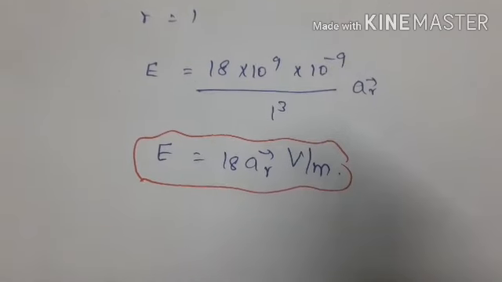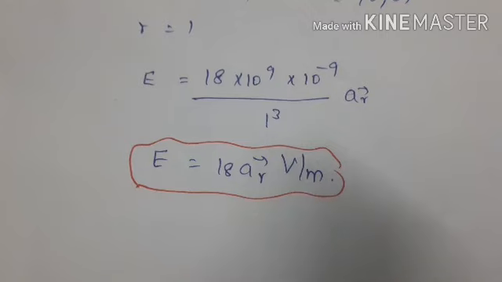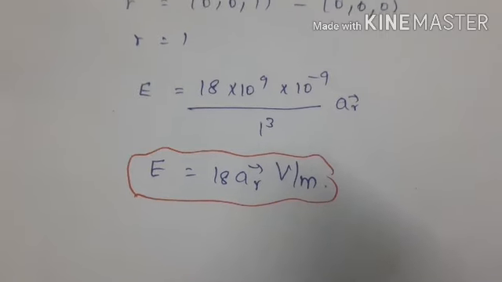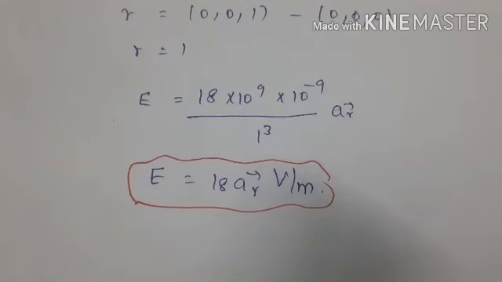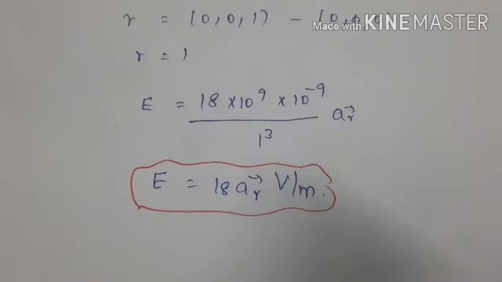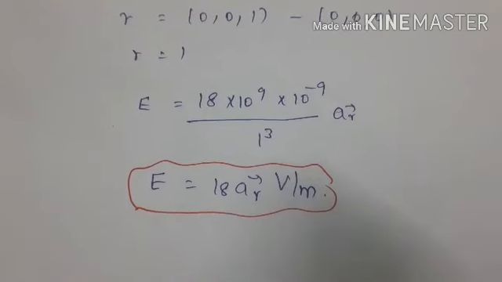So if the question asks for the electric field due to the dipole, you have to use this formula. On seeing the question you can remember these formulas, but you should remember that while finding the electric field we should use 2 pi epsilon naught, and while finding the potential we should use 4 pi epsilon naught, right?